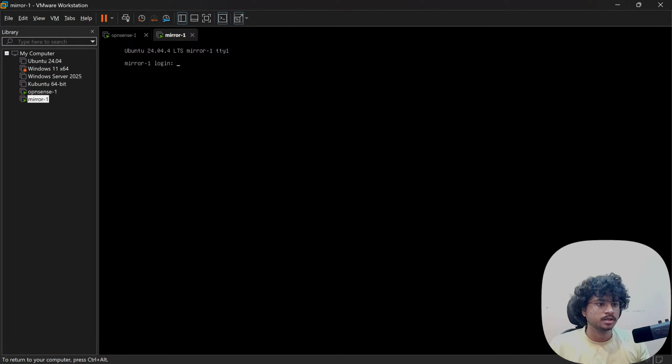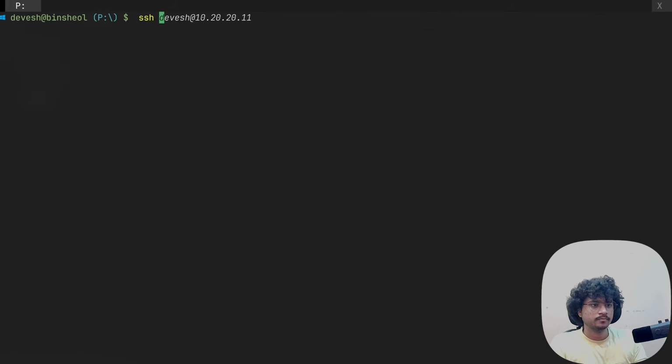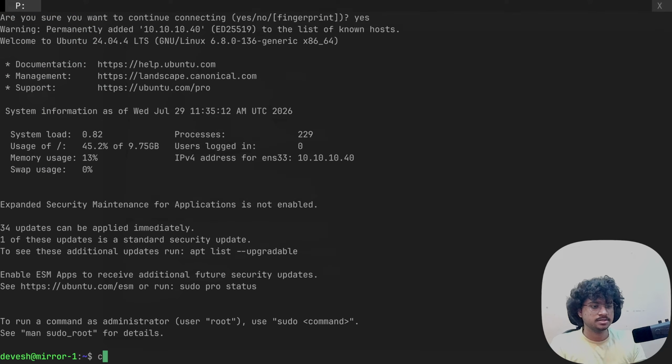All right, Mirror One login. This works, but I need to SSH into it.